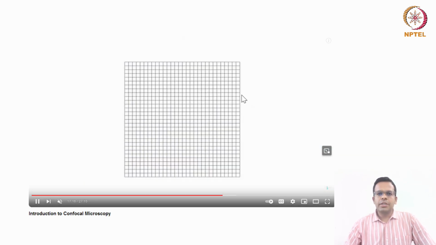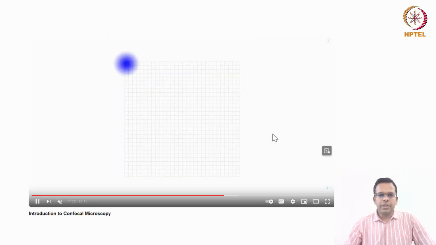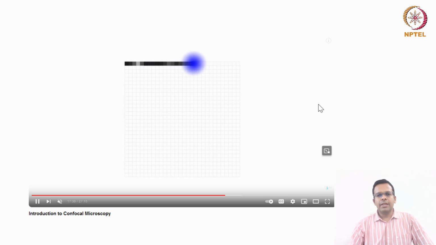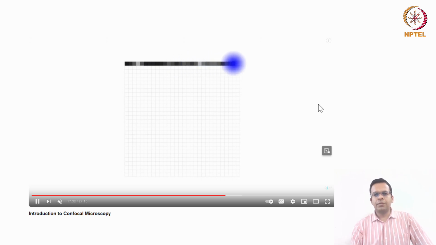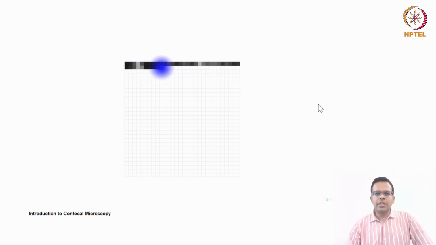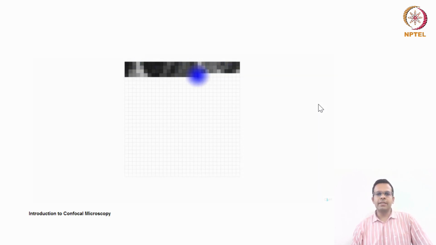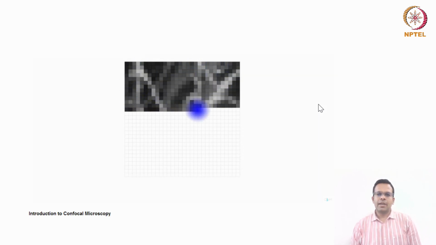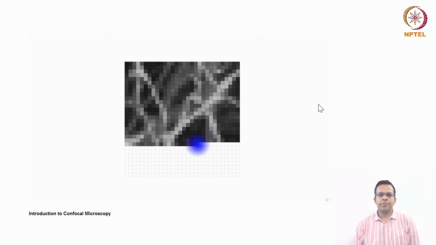So how does the illumination take place? It puts a virtual grid on your sample, and one point gets illuminated first, and the PMT will record the number of photons coming from each of these points. This is known as the raster scanning of the image. So your entire image will be scanned point by point, line by line, like this. It happens really very fast.